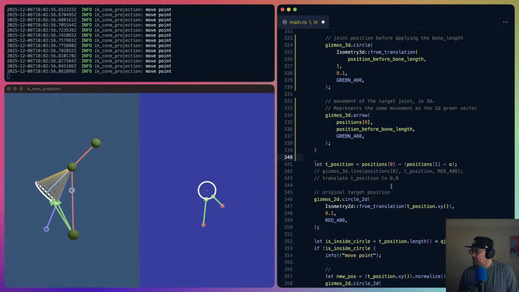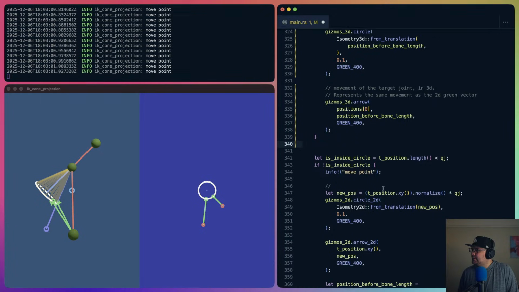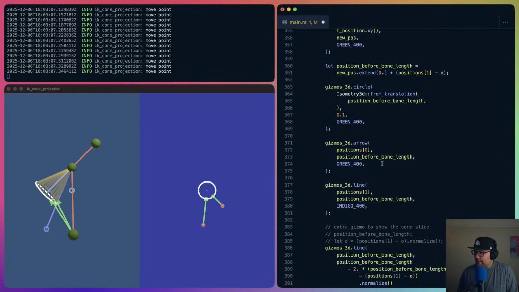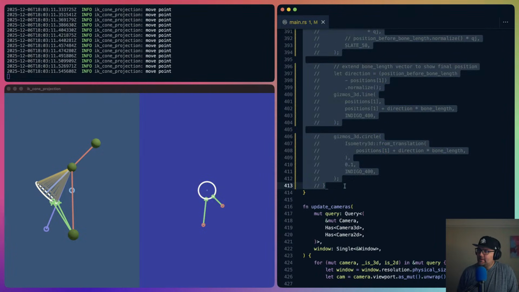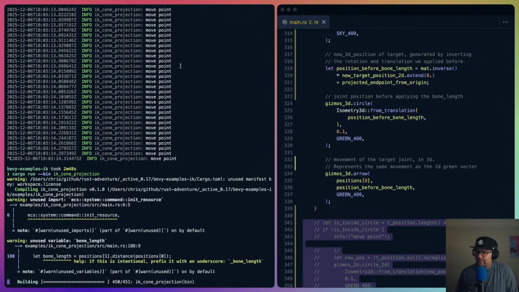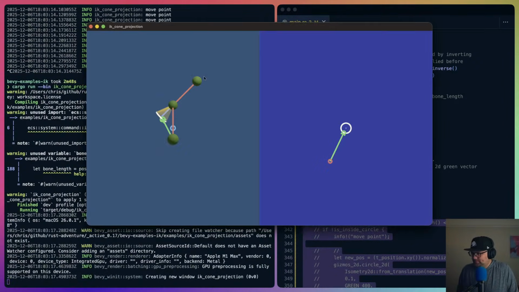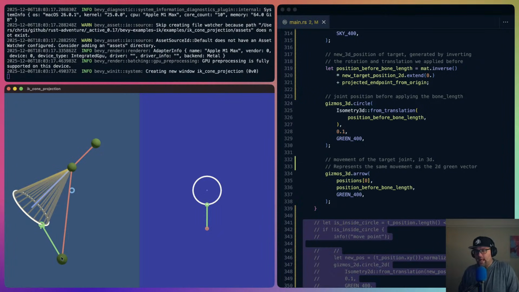Right? So this goes, is inside circle. I left a comment there, so that's fine. Then all of this stuff, I'm going to comment instead of deleting because it's going to remove some of this debug stuff. I think we're going to rewrite some of this debug stuff, but cool. So now we have